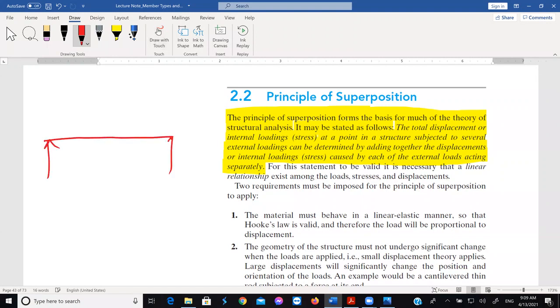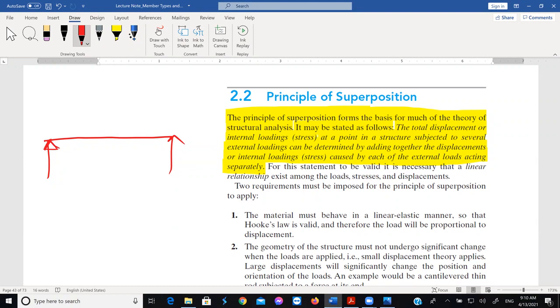Simply supported beams means it has two simple supports. One can be a hinge and another can be a roller. Then it will be stable, at the same time it will be statically determinate. Just one member with one hinge support and one roller support. If both are rollers, then it will be unstable because it can move horizontally. So one must be a hinge, another must be a roller to be statically determinate for a one member structure.